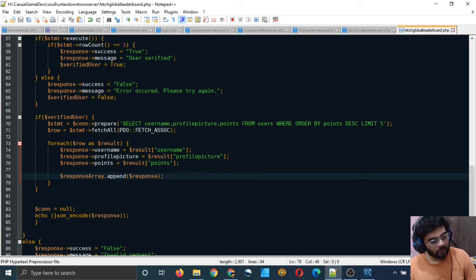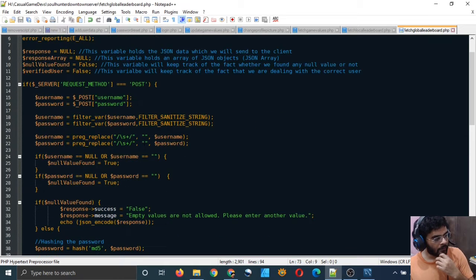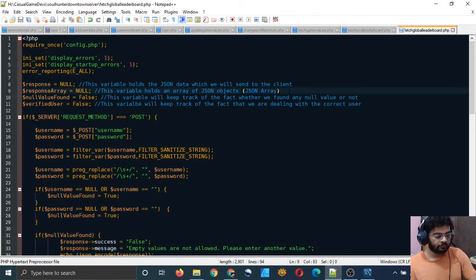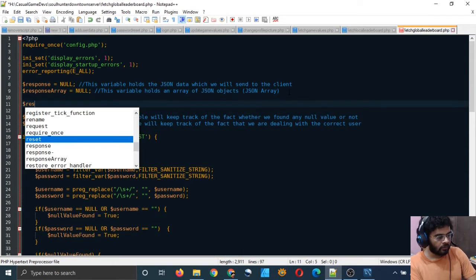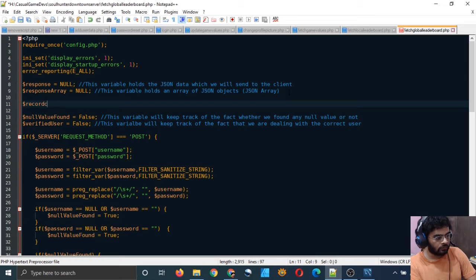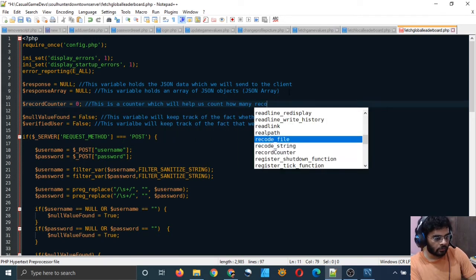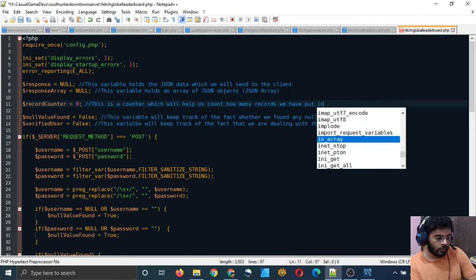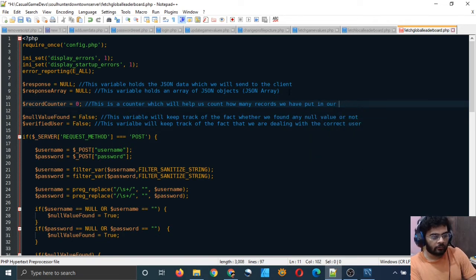Okay, and we will do this 5 times. Even though I have said foreach, I actually have to do it 5 times only. So I will put a counter here. I will call it record counter, and this will be equal to 0. This is a counter which will help us count how many records we have put in our JSON array.